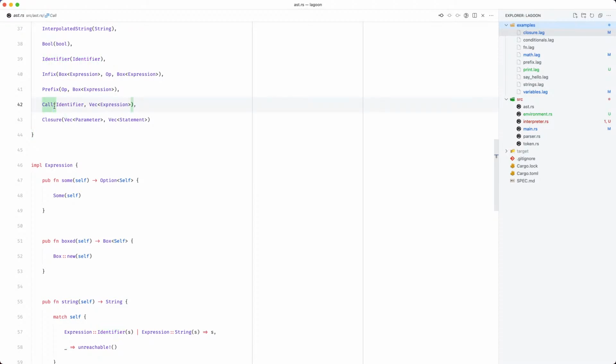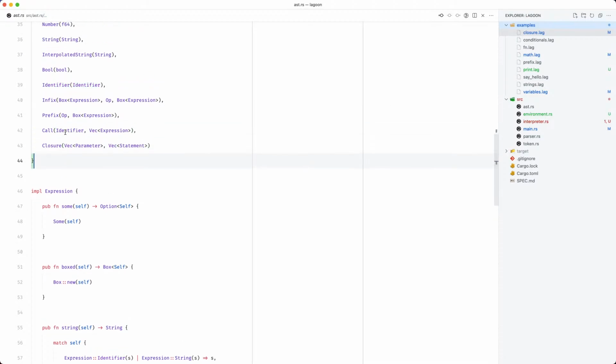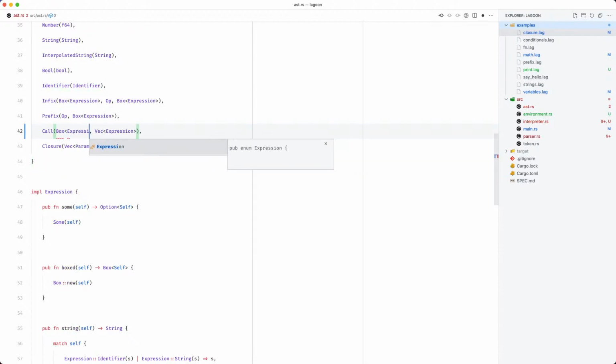So the identifier is going to be the name of the function that we want to call. This doesn't really make sense though, because what we really want to do is support any callable expression. It doesn't have to be a string. So let's make this a box expression.